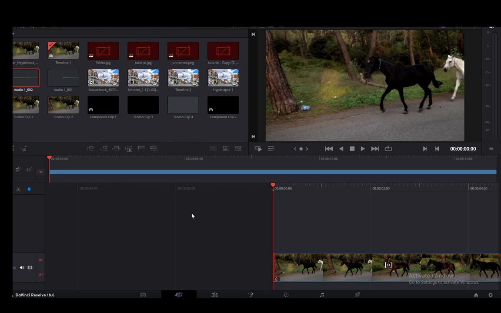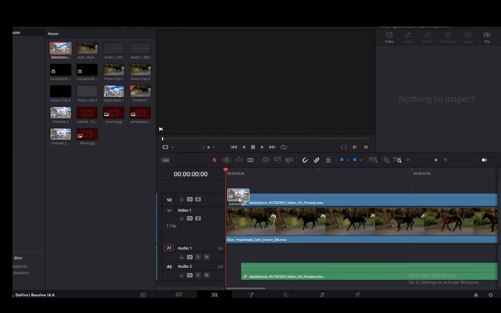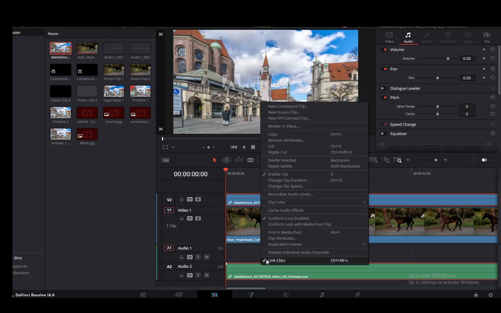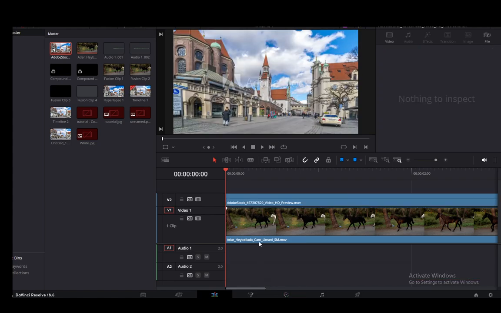In this video, I'm going to be showing you guys how you can link media in DaVinci Resolve, so let's get right into it. As you can see, I already have a video in my timeline, however, I'm going to add a bit more. I'm going to go into the edit page, and I'm going to add this video as well. I'm going to add it above this video, and it has this audio, which I'll just remove since there is no audio. Whoops. I'll just remove that, and as you can see now I have two videos up in